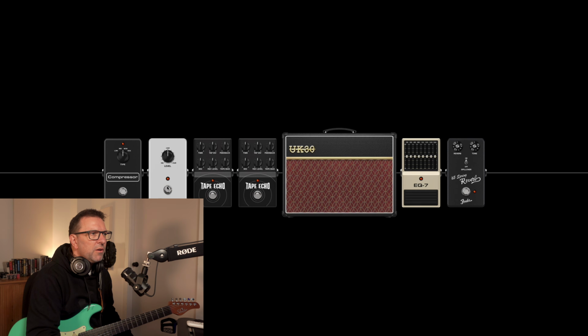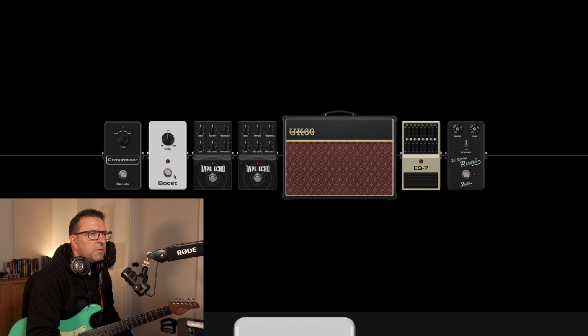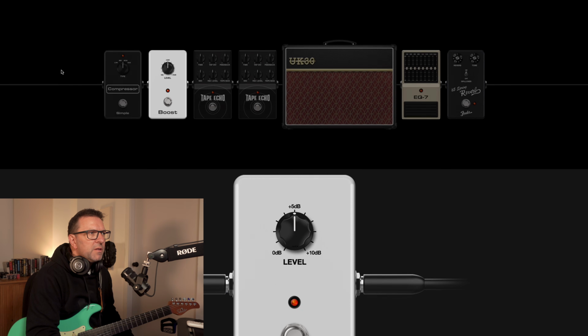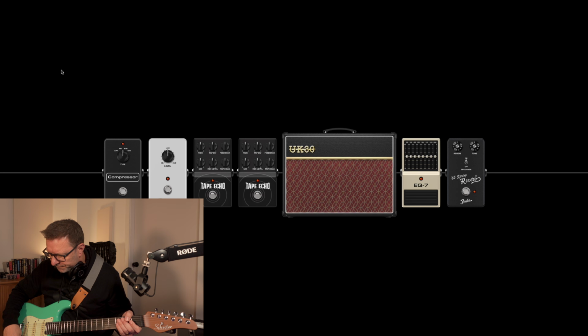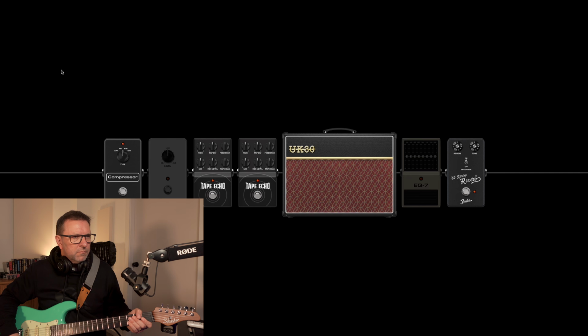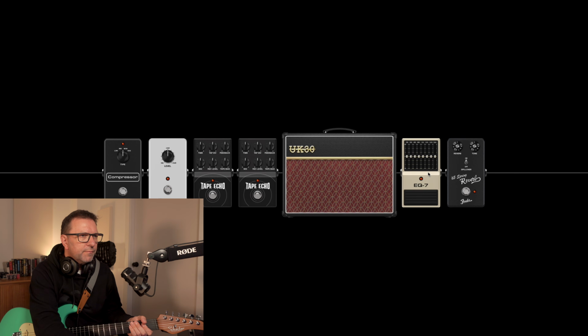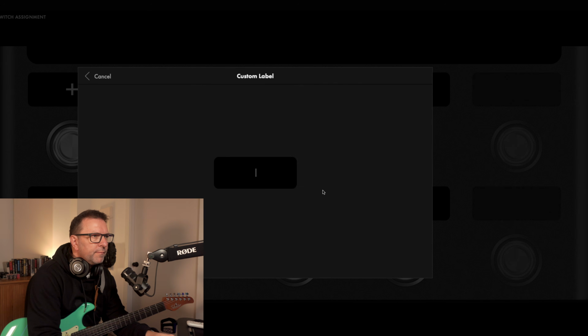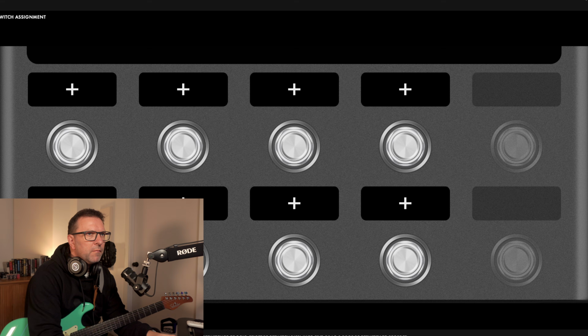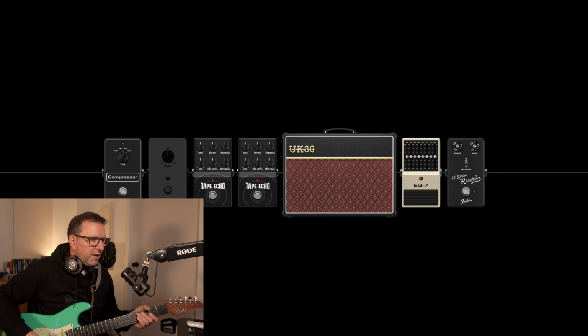Let's just try that. So if we were to use that foot switch, wrong way around. All right, so that could be a bright foot switch basically.